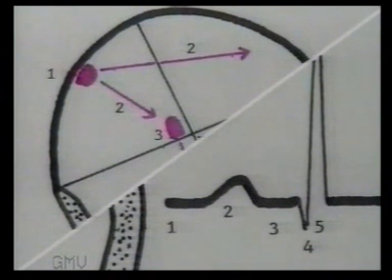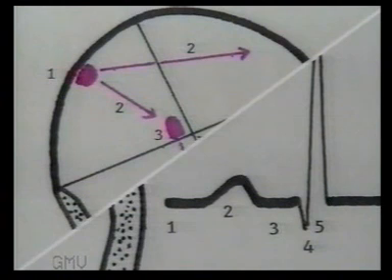Now correlating the events to the ECG recording, the process of activation, that is depolarization, begins at the sinoatrial node or the SA node situated in the right atrium. Within 0.06 to 0.08 seconds, the atria get depolarized, which is recorded on the ECG as the P wave. The wave of depolarization has to reach the ventricles through the AV node, which delays the impulse by 0.1 second. During this time, there is no significant electrical activity, and the ECG records it as the isoelectric PR segment.